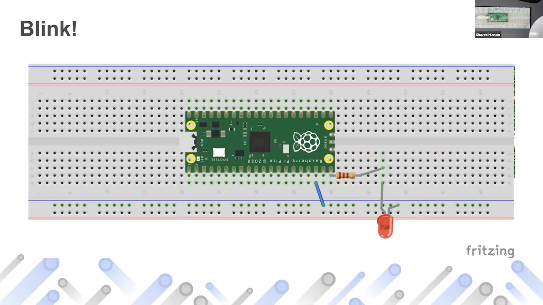So how do we connect this? This is what I was talking about. This is how I've connected the Raspberry Pi. The red line is positive power, and the blue line is negative power. What we are essentially doing is connecting pin number 20 here. Pin number 20 is GPIO 15, okay? We have a resistor because we want to limit the current that is sent to the LED. We don't want to blow it, right?